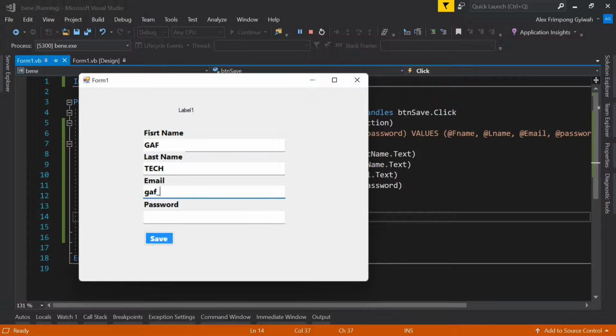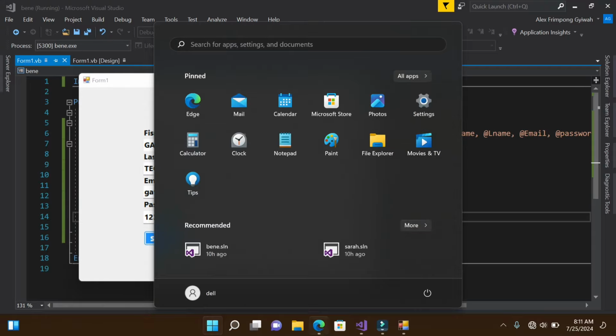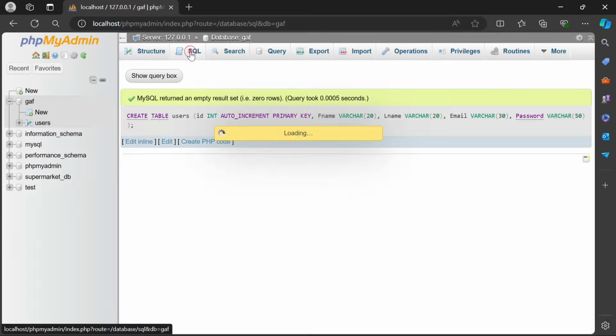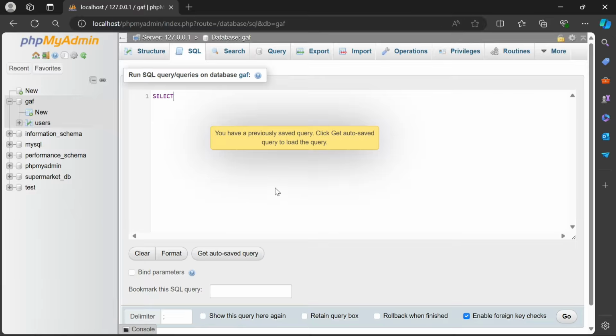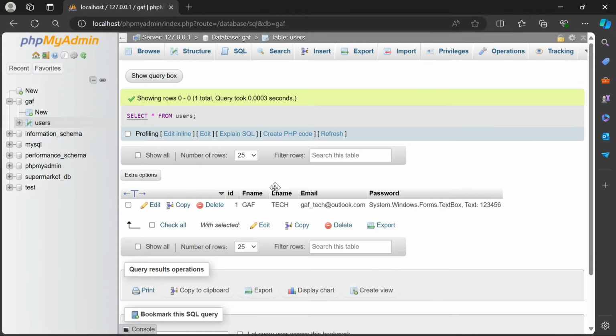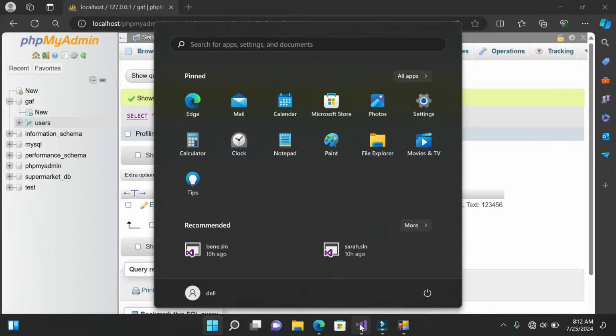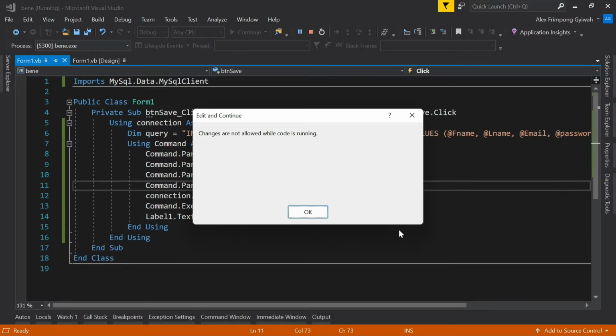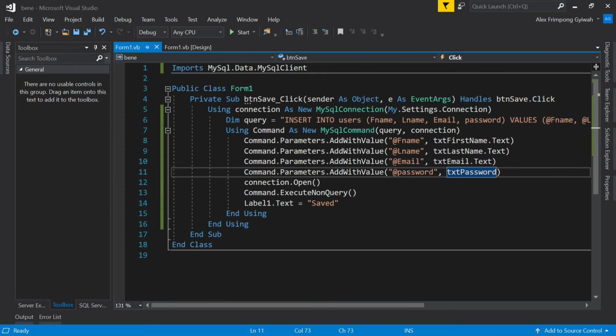gaf_tech dot also at outlook.com. Then password, let's do 123456. So now after saving, you can see the Saved is there. So let's check here. Let's write a query to see what we have. So select all from users. So Control plus Enter, and we have it here, gaf tech, but there was a problem with the password. So let's add, we did not add this, and so we say dot text